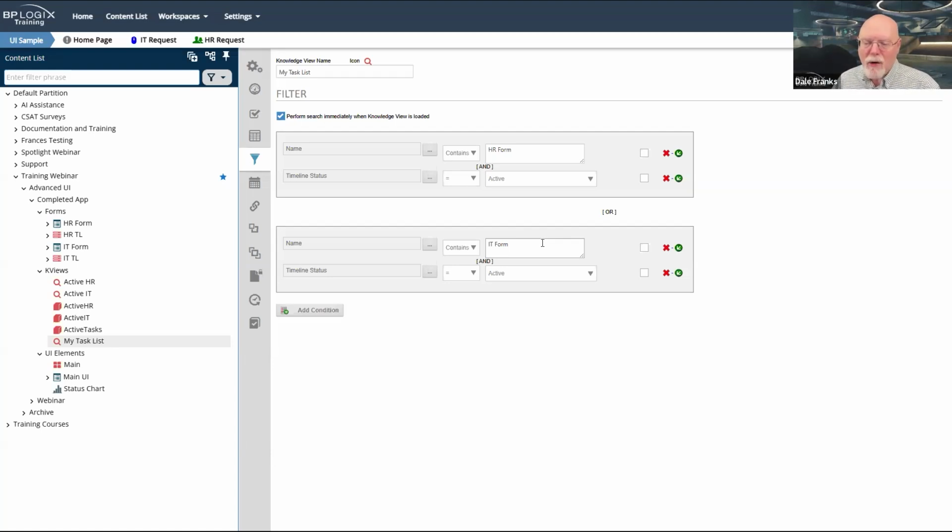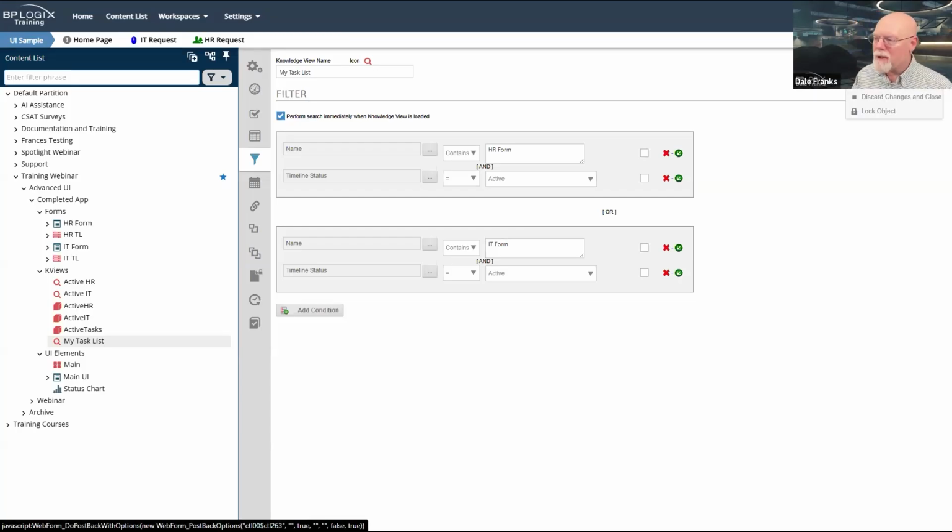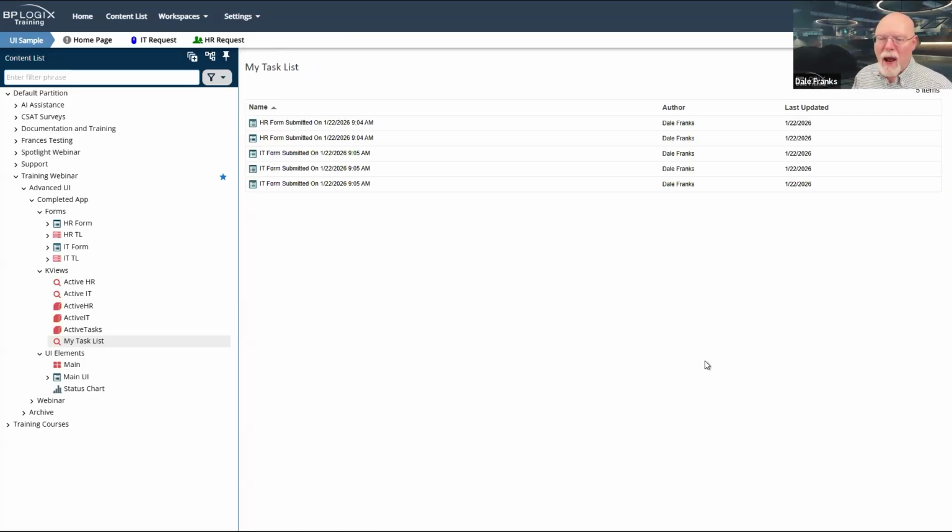So it's going to show only those form instances that are active and running and that are either HR or IT forms. And so, despite all of the forms and other things that I have on my system, if I run that knowledge view, my task list knowledge view, then it is just going to show me those 5 tasks that are active. And in this case, they're assigned to me.